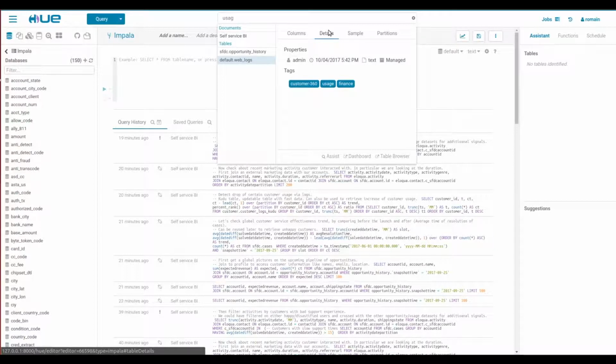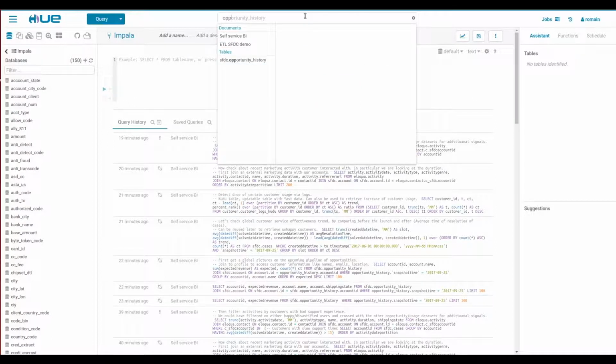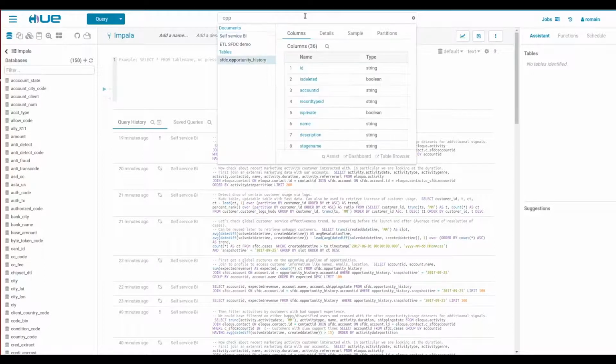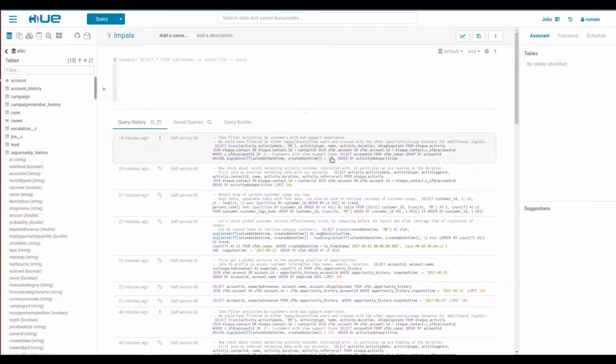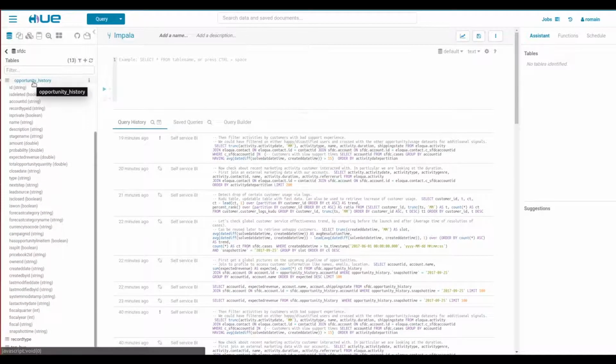So that's a quick and nice way to have more humane names and make it easy to search. It also supports free text search. So here, all the tables matching, like opportunity, are being bubbled up. And in one click, I will just select my data sets. That will be here. Then I will be able to query.